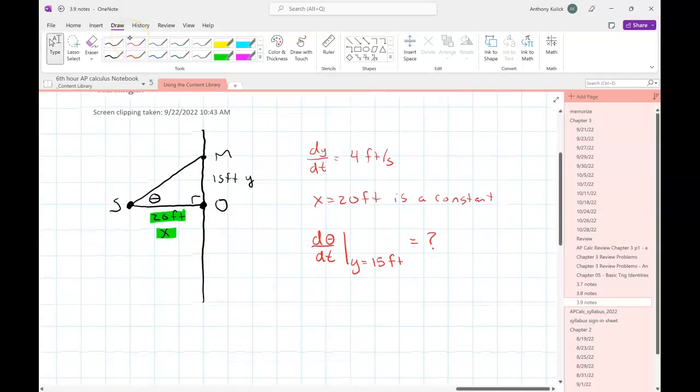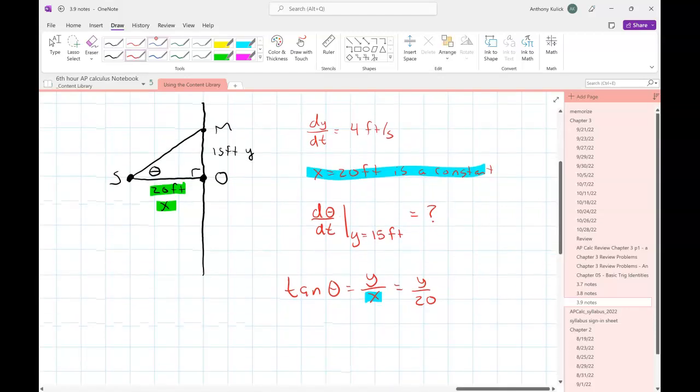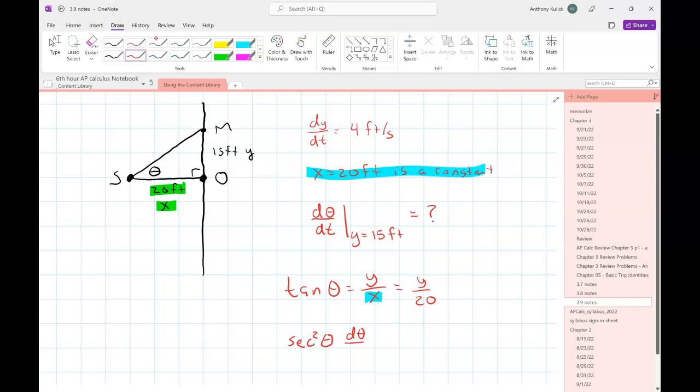What equation would I write to describe this situation? Yeah, tangent theta equals y over x. Now, what do we know about x? So we'll just call that really y over 15. I'm sorry, 20. Thank you. Okay. You guys ready to differentiate? Okay, what's the derivative of tangent theta? Secant squared theta d theta dt equals